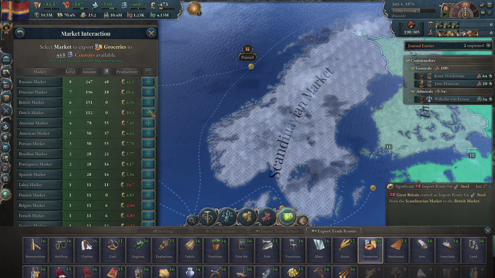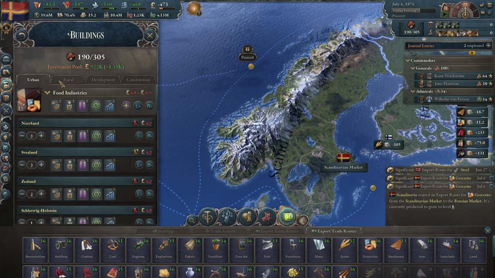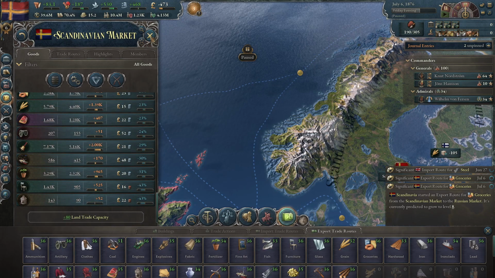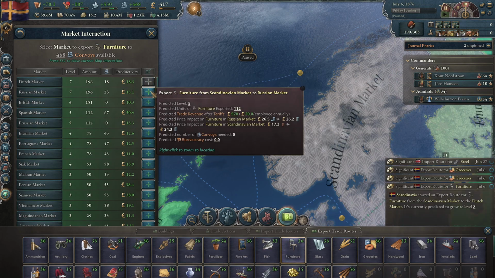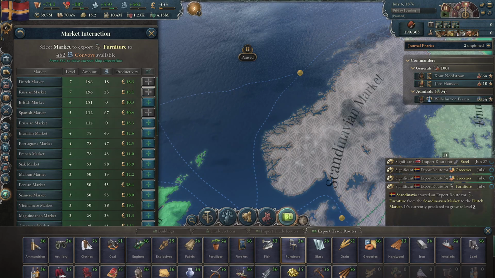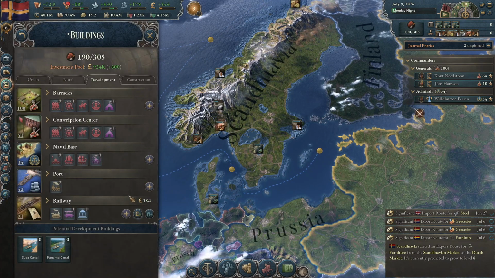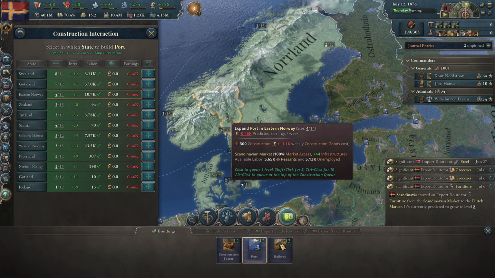I know there are markets that want this. Prussia, Russia. Also, hello. Furniture is really affordable. So let's get exporting some of that. The Netherlands, Spain, and Russia. All right, well, that is going to use up a lot of convoys, so I'm just going to go ahead and...